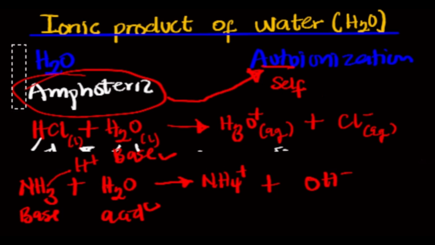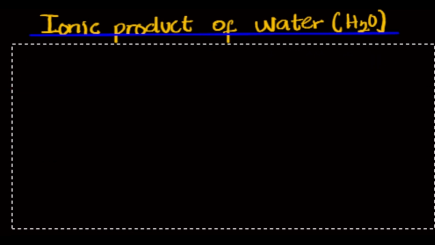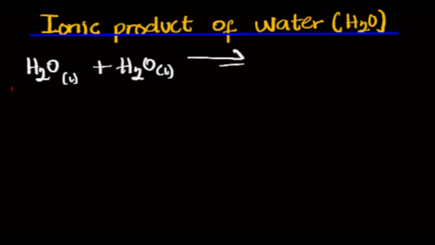So let's bring out the reaction of water. Now look at this. Let's say we have two water molecules here. We have H2O here, this H2O is water in its liquid state, plus another molecule of water, which is also H2O in liquid state. This kind of reaction will always exist in an equilibrium manner, right? Because it exists in an equilibrium manner,